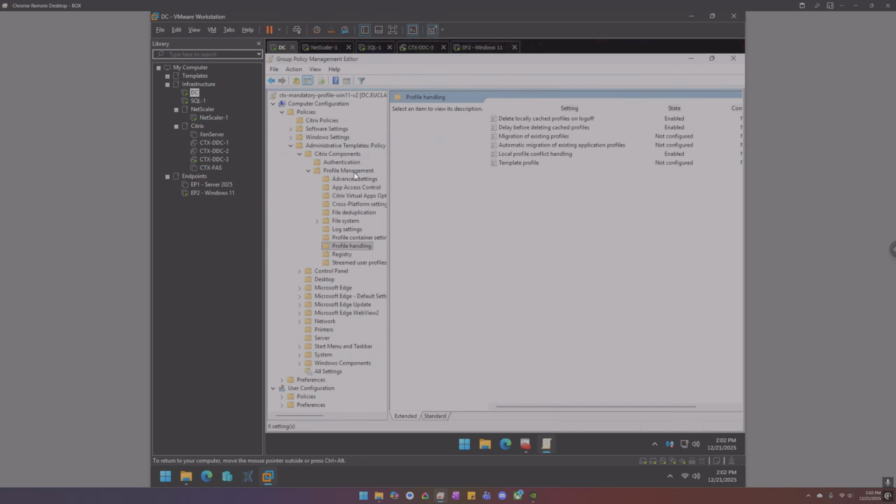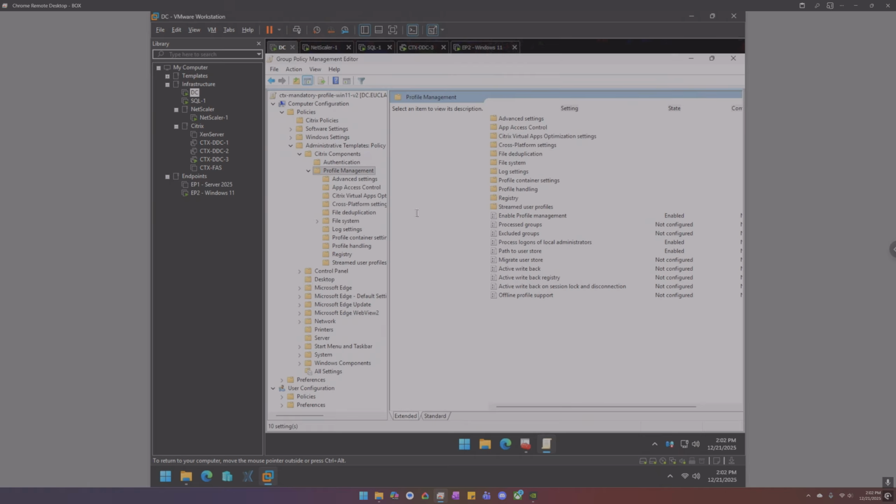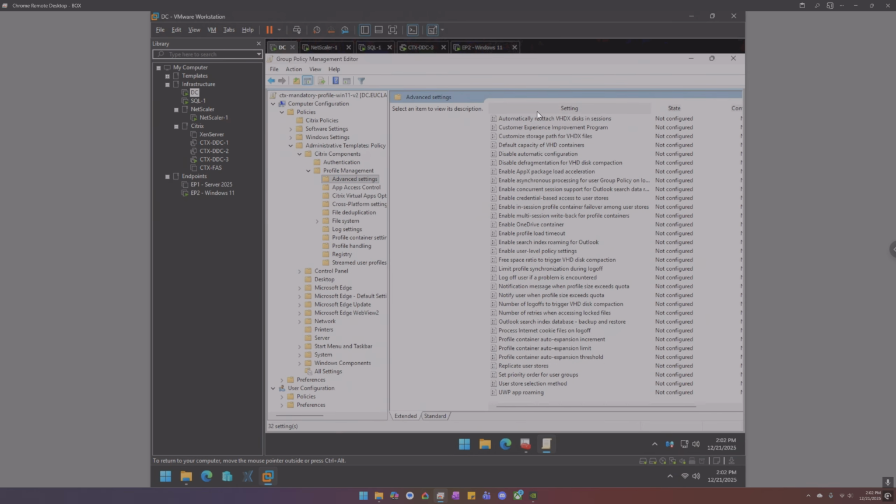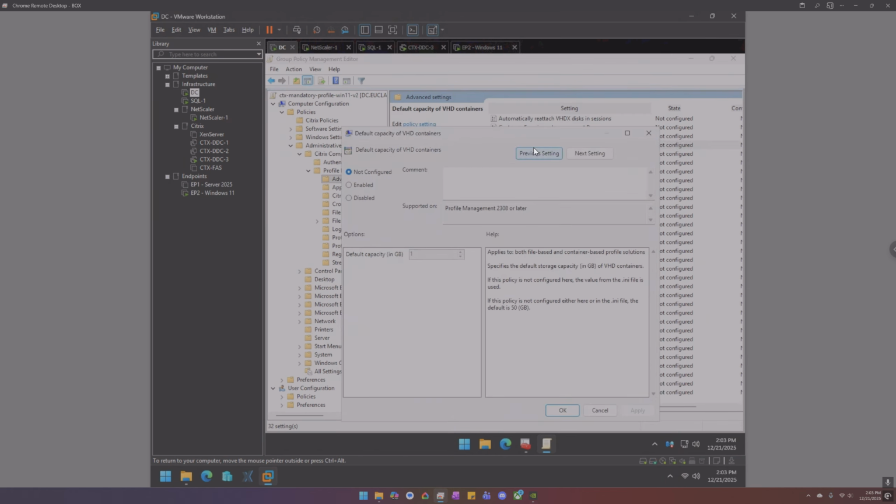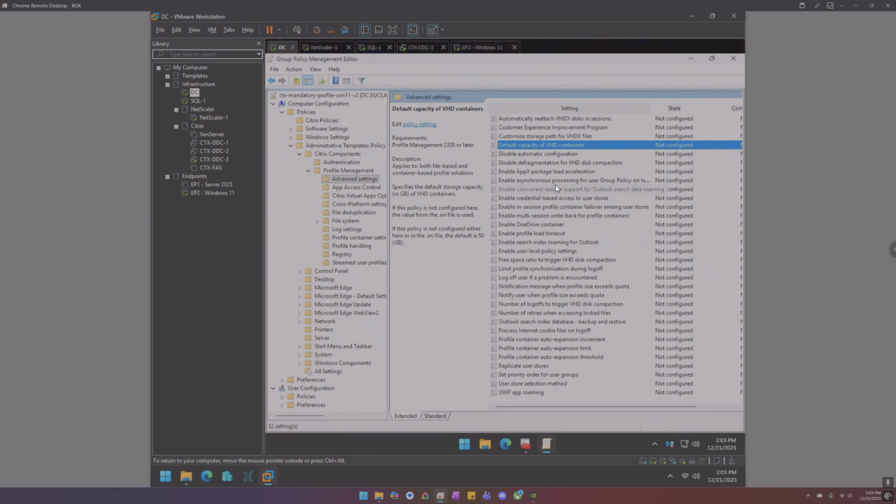I know we can set like a default file size for that. Oh, we looked at that at one point. That was probably a year ago. Customize storage path. Default capacity for VHD containers. How big can this go? Oh my gosh, it can go big. But anyhow,